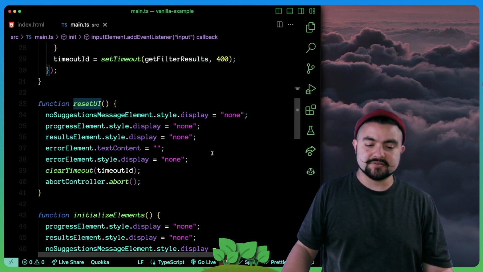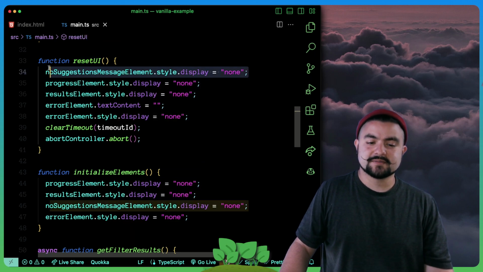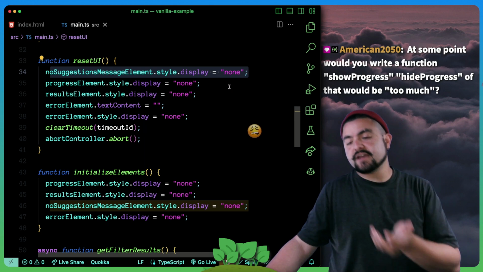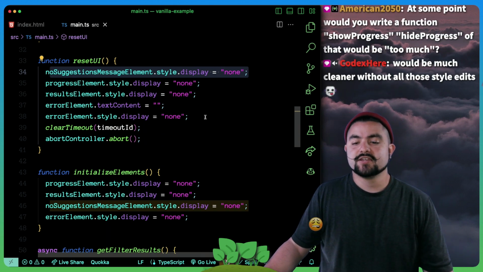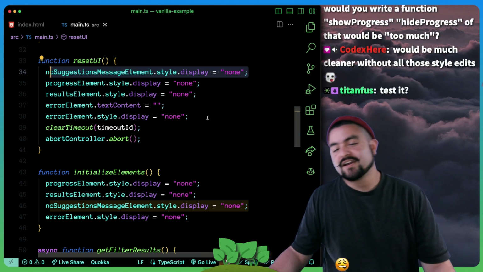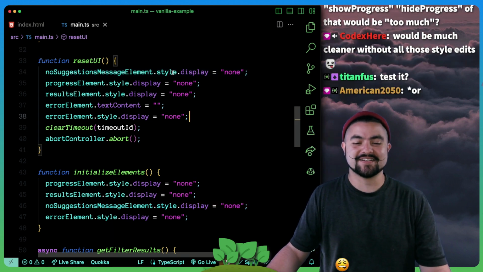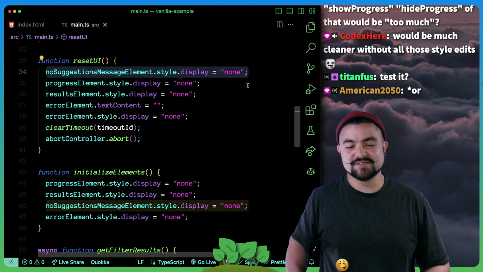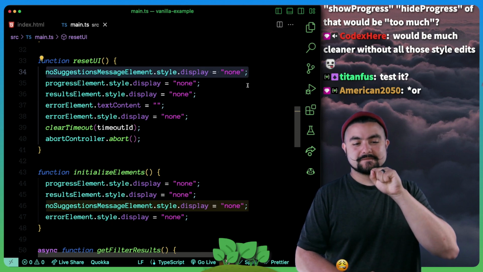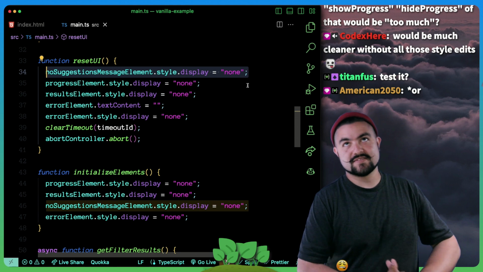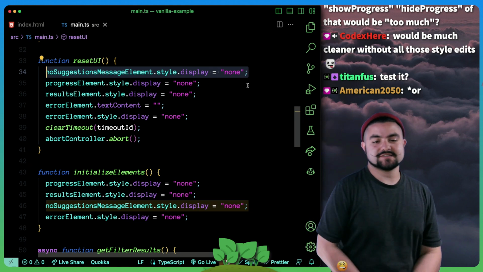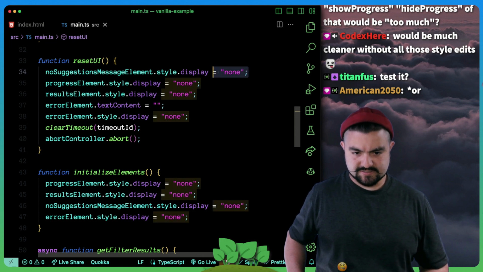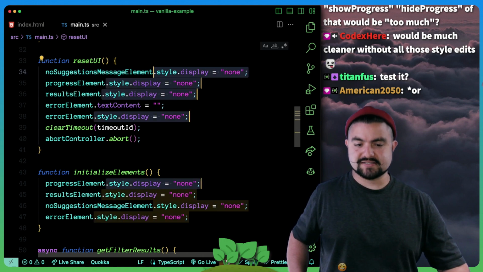I think the last thing I'll do is, instead of having this style display none everywhere, yeah, I think you could get to that point as well, right? So like show progress bar, hide progress bar. I think what we're going to do here is everywhere we have style display none, we're going to refactor that into a function, well, not even a function. Let's do this. So literally everywhere in my code where I set style display none,